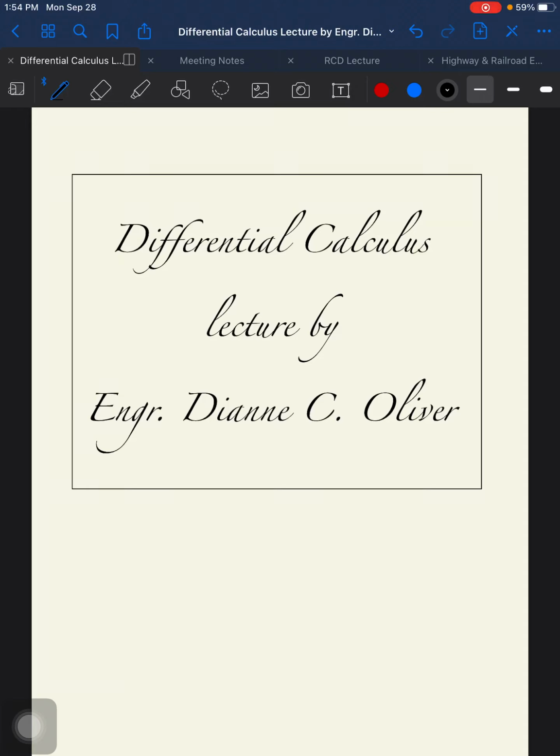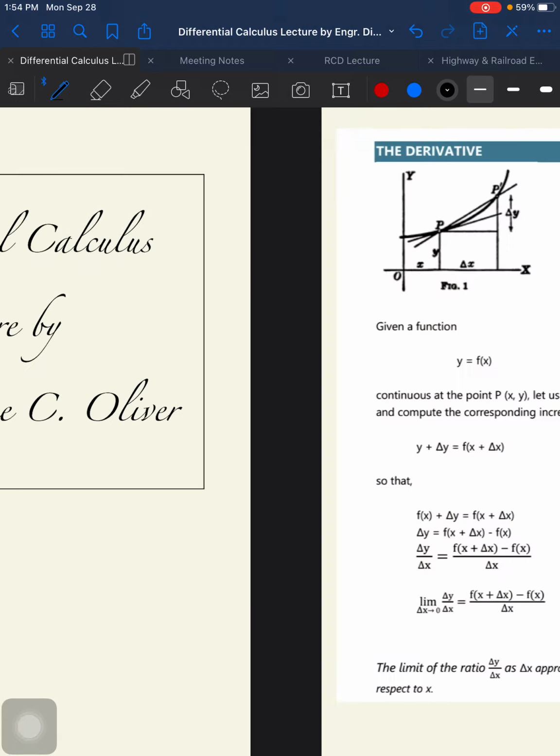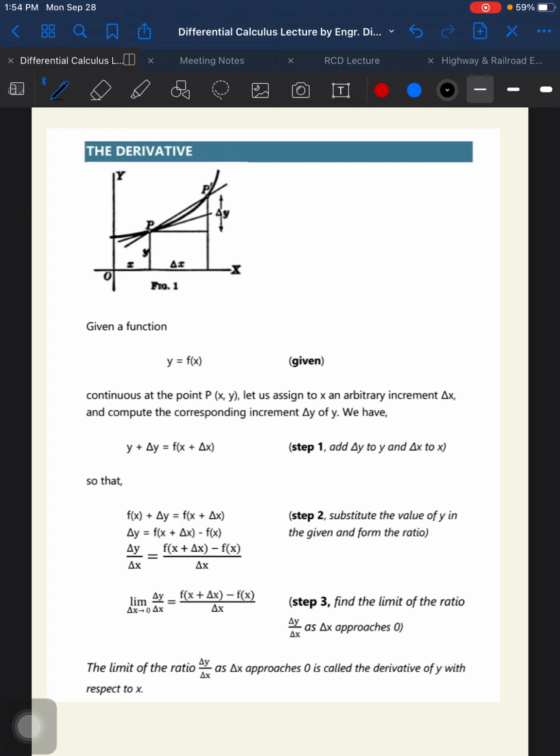Hello class, we will again continue with the discussion here in differential calculus. Today we have our topic, the derivative. Now, whenever we